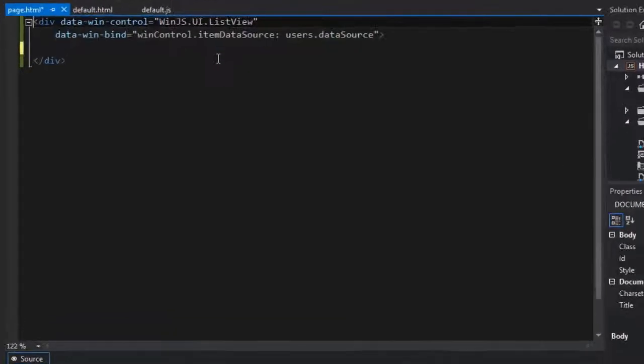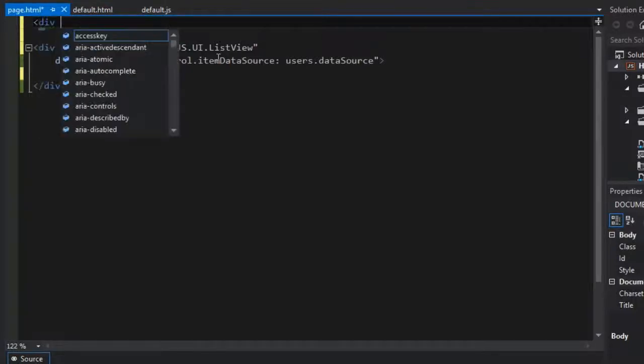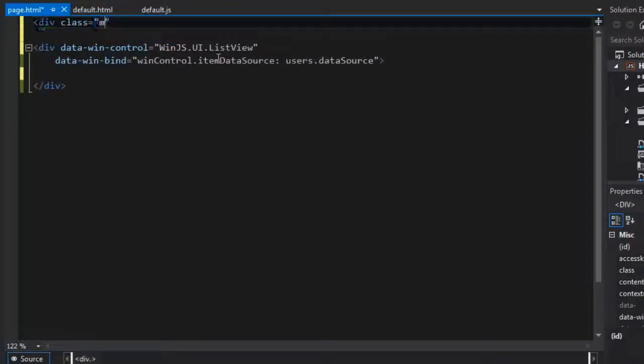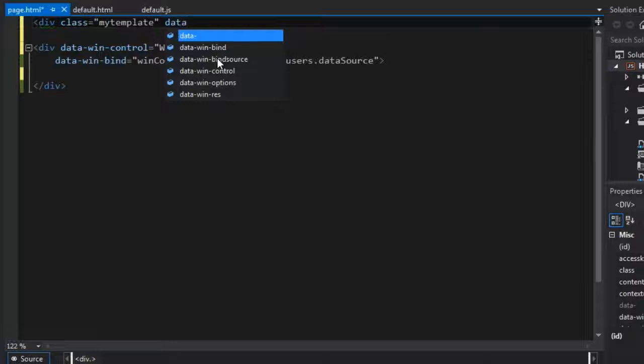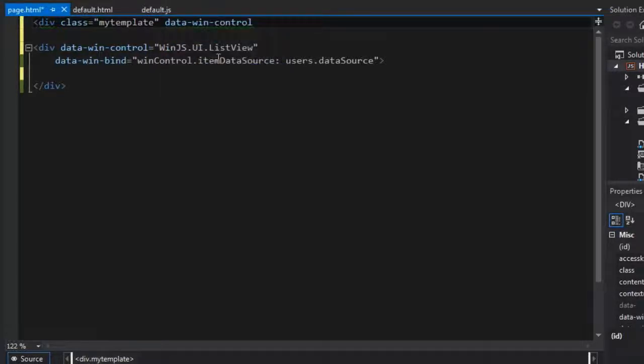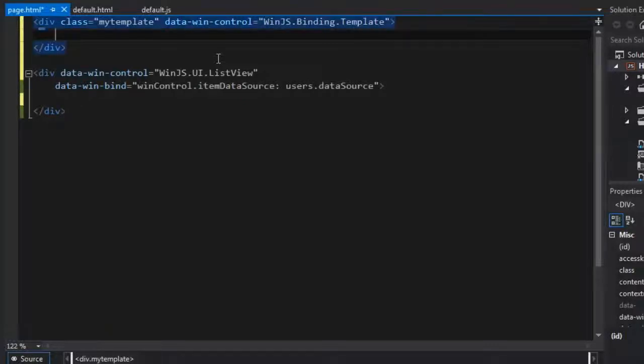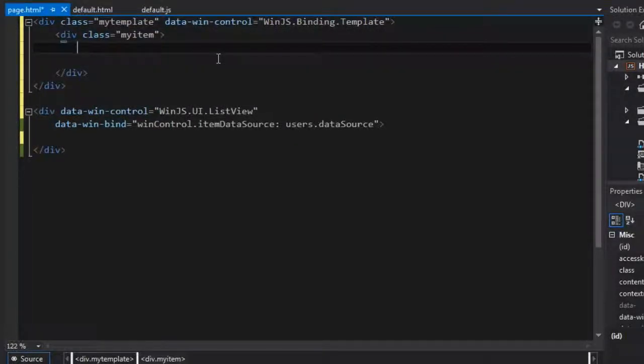WinJS.Binding.Template. So above this, what we're going to do is create a template, and we'll create it with class equals myTemplate, and the data-win-control, we're going to set that equal to WinJS.Binding.Template. So we are saying this type of div, we want it converted into a template, and each instance of the template will have the following. We'll print out the name and the age. And so to make it dynamic,